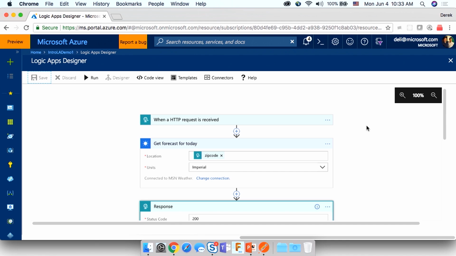If you think about it in the context of Contoso Retail, we can have that data in the email that we send to our customers saying, whenever you come and pick up your order, remember to bring an umbrella because it's likely going to rain. So hopefully that shows you how easy it is to go from Hello World into Integration Hero in 5 minutes.